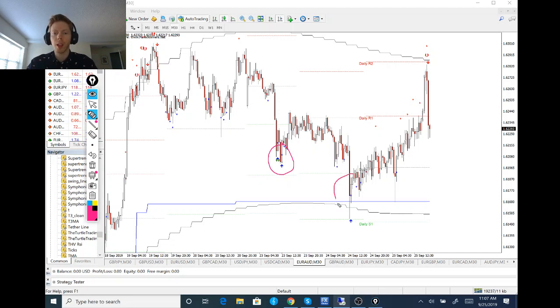I waited and came out with this one right here, entered and exited pretty soon on. It was about 20 pips profit right there. So that was technically the second trade that I took. So I think it was yesterday, I was down 120 pips, came out with 20 pips profit from this trade. So it was down 100, and then came out with 70 pips from the pound US dollar,